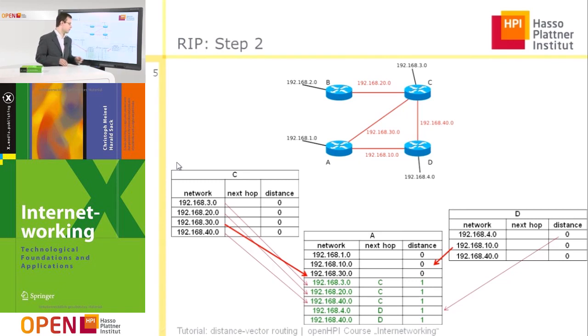So 0 is less than the number of hops to router D, 1, plus the distance of router D, 0. 0 is less than 1,